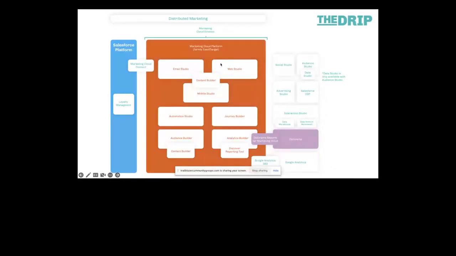You see Email Studio, Web Studio, Content Builder, Mobile Studio, Automation Studio, different studios and builders here. And here you can use Marketing Cloud Connect to connect with the Salesforce platform, loyalty management, Sales Cloud, Service Cloud, all the clouds you can connect from Salesforce to Marketing Cloud using Marketing Cloud Connect. And then there are other tools outside of Marketing Cloud, specifically Social Studio, Audience Studio, Data Studio, Advertising Studio, Salesforce CDP, Interaction Studio, Datorama, Google Analytics 360, Google Analytics. They're all the complete stack of Marketing Cloud products which you can leverage,